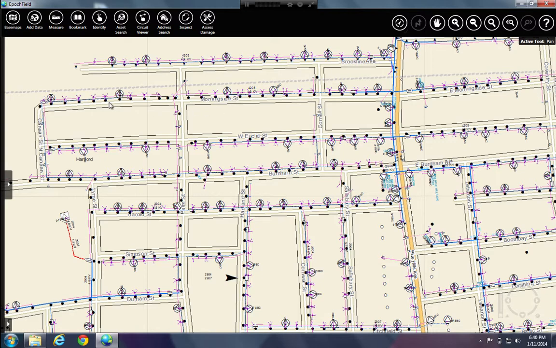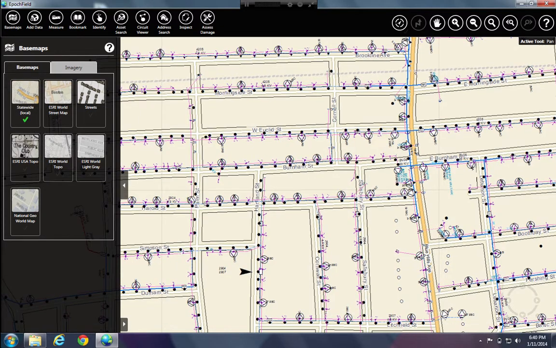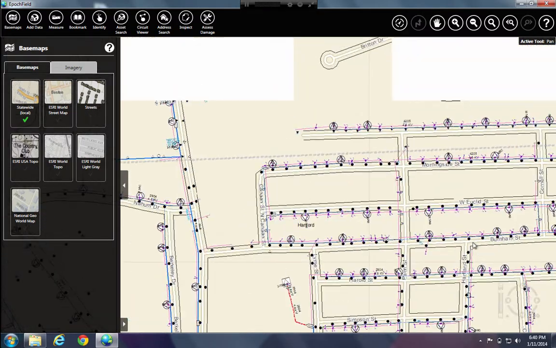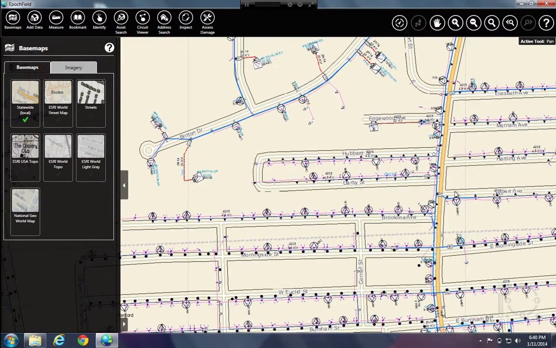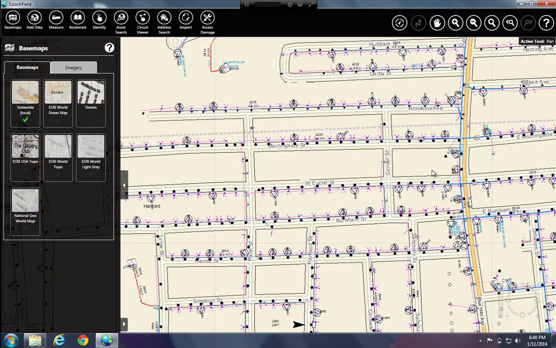Moving on, here we have this base maps menu, which basically ties us into some of the ArcGIS Online services. Right here you'll see our current selected base map is our local base map, which is a disconnected base map generated from an ArcGIS service, and what you'll see is we've got tile-based rendering, so it's very fast. As you pan around the screen here, you can see that very smooth